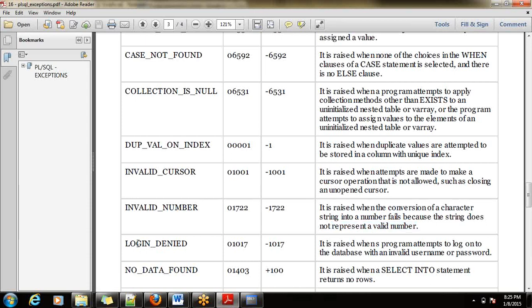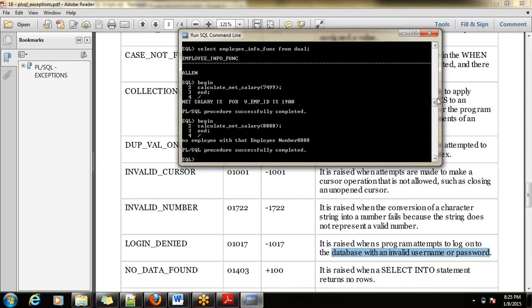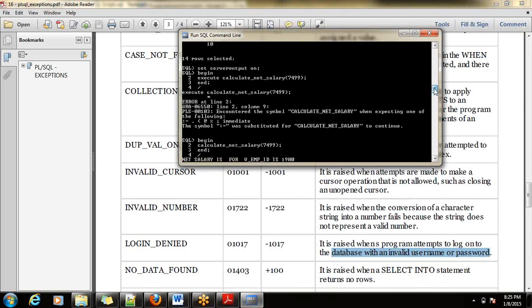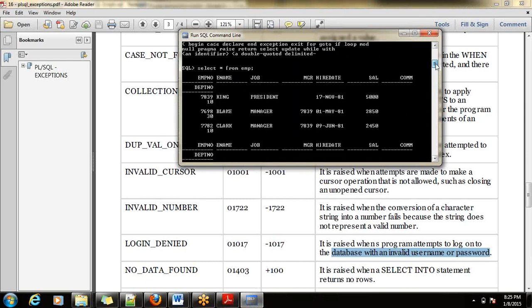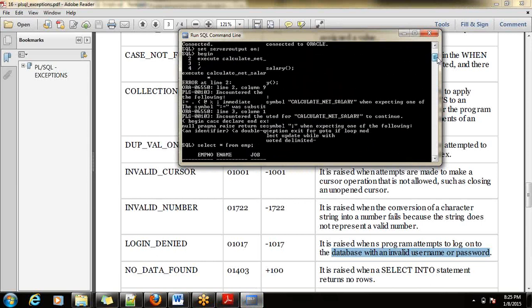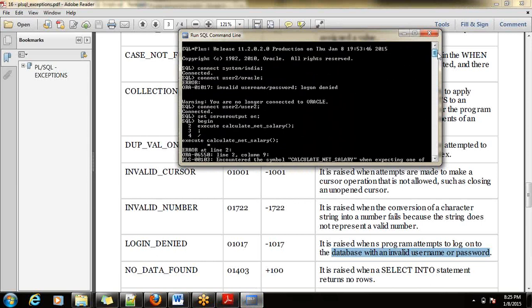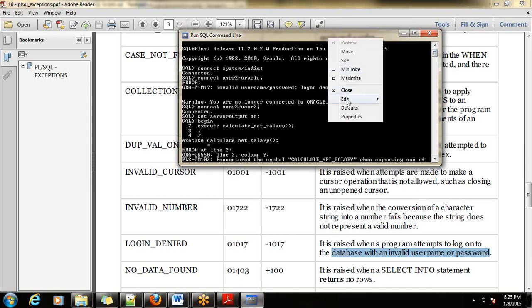All right. Login denied. So it is raised when programs attempt to log on to database with an invalid username and password. You can see here also on PLSQL, the black color screen, when I used a wrong password, it showed login denied. I am highlighting that.